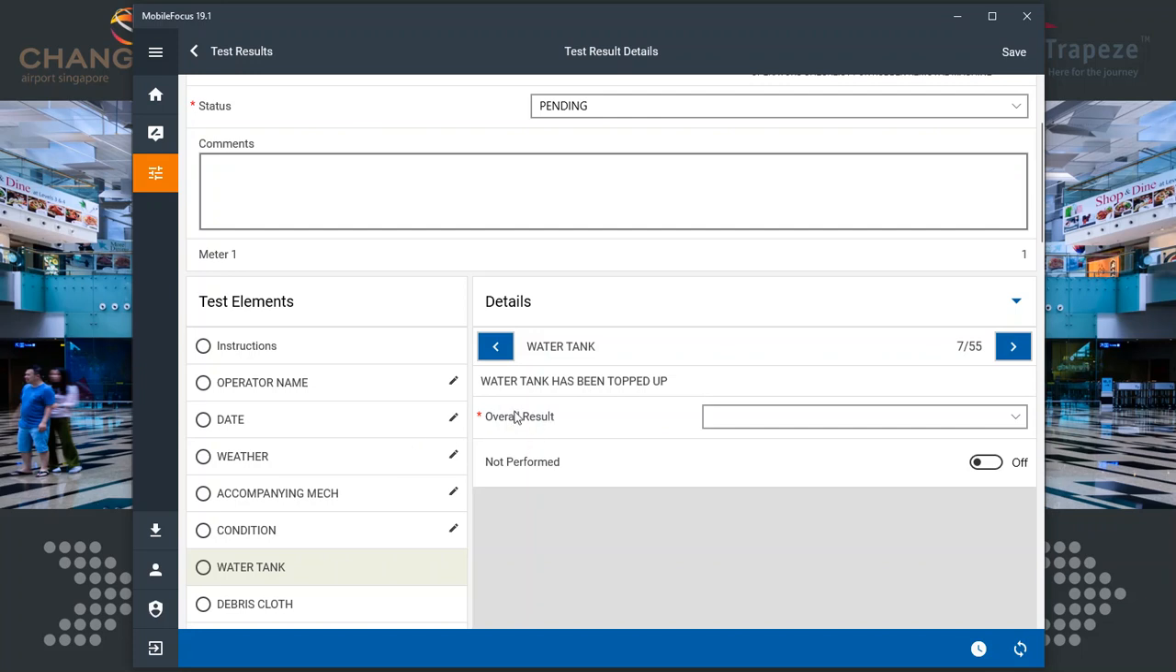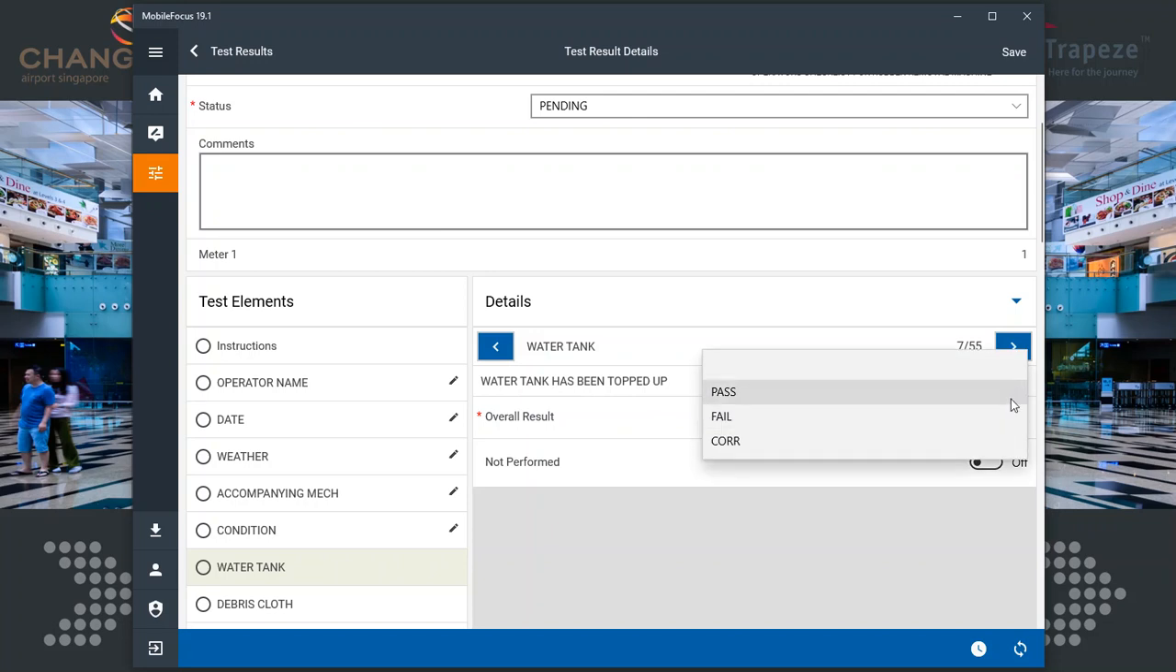So what we're capturing are results. So when we look at an item like water tank has been topped up, we can see when we click on the list, it's pass, fail, or if there's corrective action required, then we need to flag it as corrective action required. So in this instance, we select pass